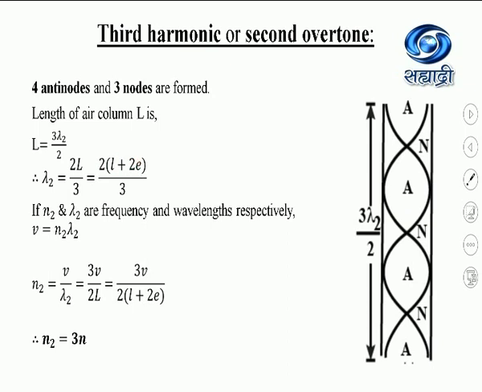2 in the bracket L plus 2E upon 3. Substituting in the denominator, we get this equation. Now capital L, we know it is small l plus 2E, 2 end corrections at 2 open ends of the pipe. So 3V upon 2 in the bracket L plus 2E. Now comparing this frequency with fundamental frequency, it is equal to 3N, that is the third harmonic or second overtone. So here this is the third harmonic, we can say, which is equal to the frequency in this mode of